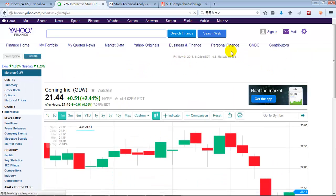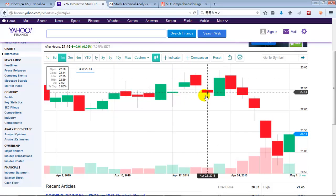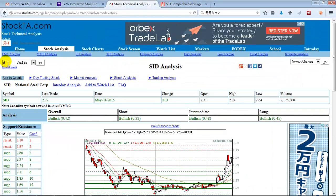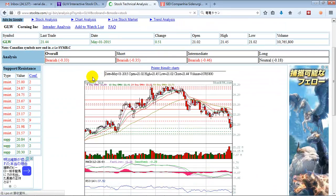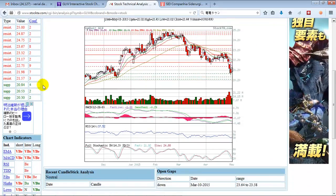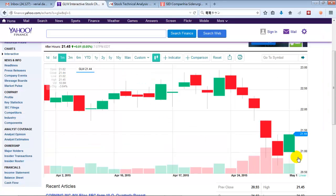Okay, so this is Corning Inc., and it has fallen quite a bit. Some people might say it's oversold. Let's take a look at the support level and see if it really is oversold. Alright, we don't have any strong support, but the resistances are weak as well. But look at this. Very bullish in the stochastic. That means it's oversold. If it's oversold, it's probably going to bounce back. You can buy it at a low. We can be pretty confident that it's at a low right now, and then sell it when it goes back